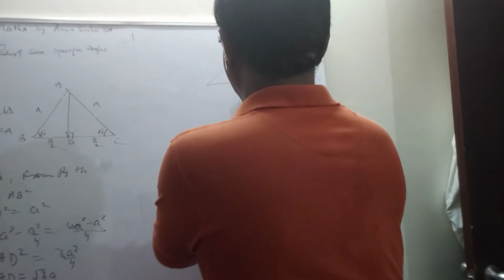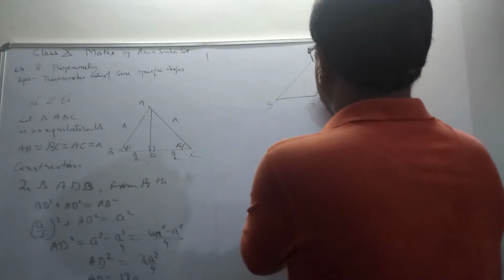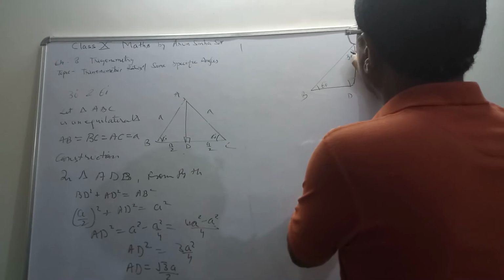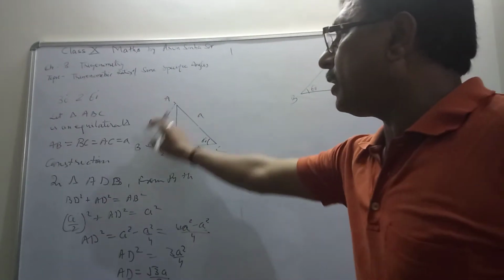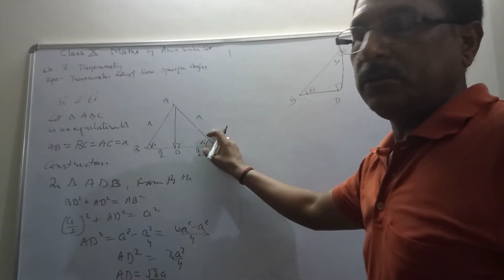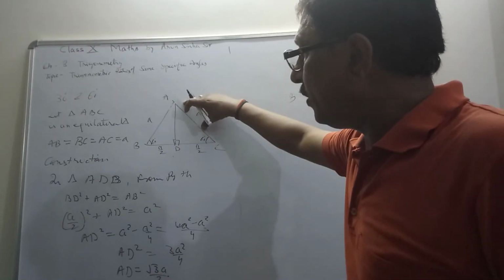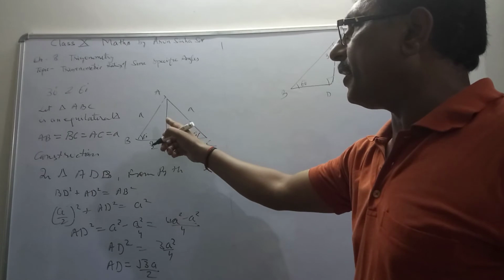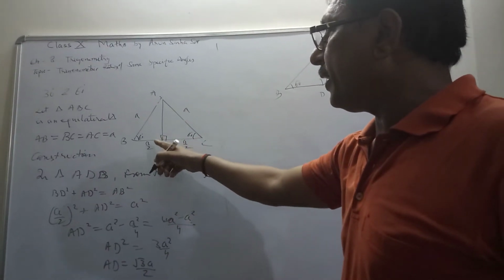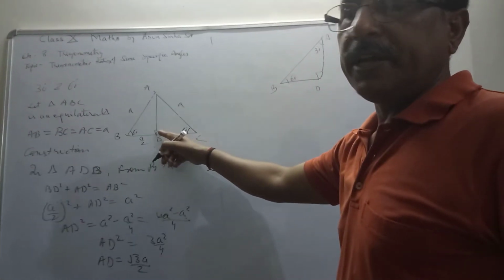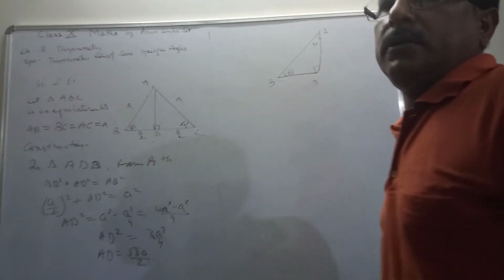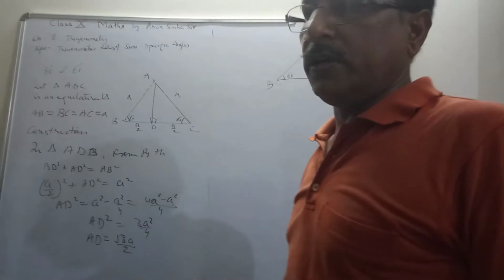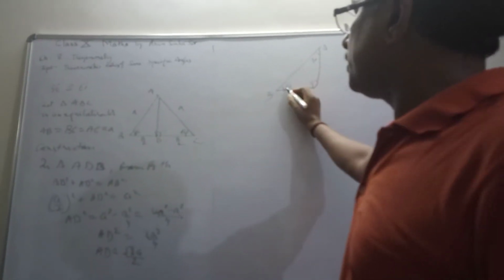A, D, B. This is 90 degree. This is your 60 degree and this will be your 30 degree. Why? Can you see these two triangles are congruent triangles? You can see these two sides are equal, these two are equal and these two are 90 degree. So you can take any criteria, either SSS criteria or the SAS criteria of congruency. So these two are congruent, so these two angles will be equal. So can you see this is 30 degree, this is 60 degree.